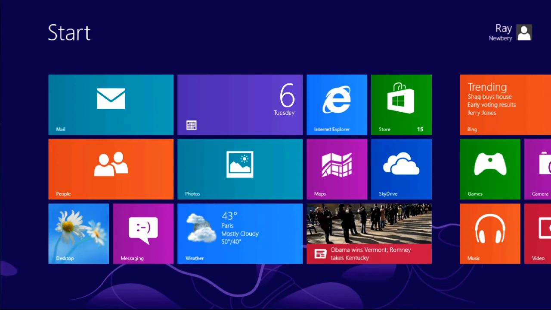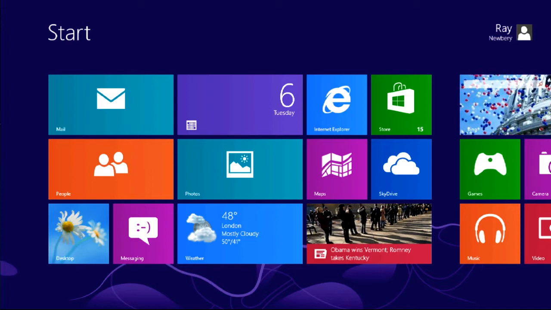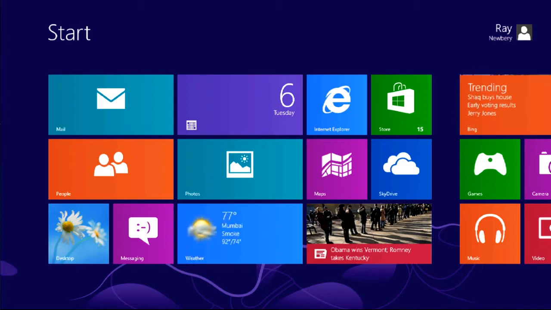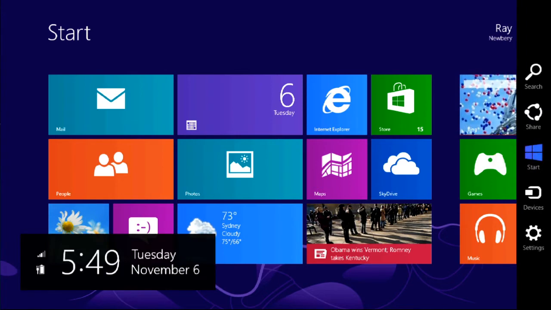I'm going to change the time zone and make sure it's my proper time zone. I'm going to apply software updates from two different places, and I'm going to set the weather location so I get the proper weather. So to change the time zone first, we're going to swipe in from the right, tap